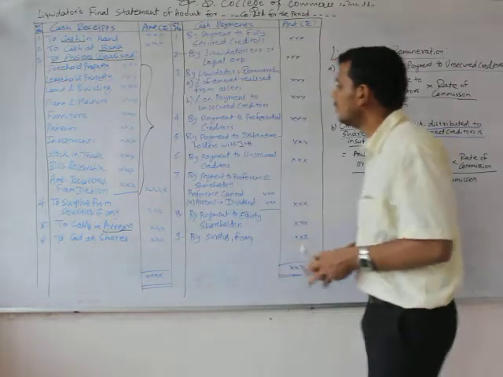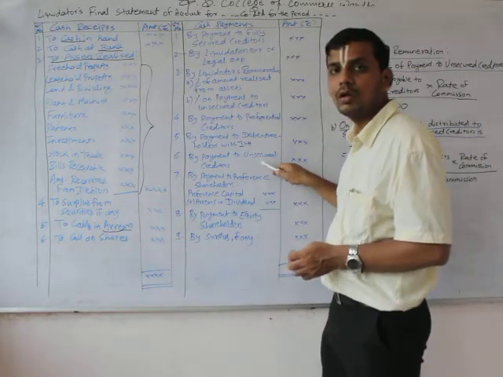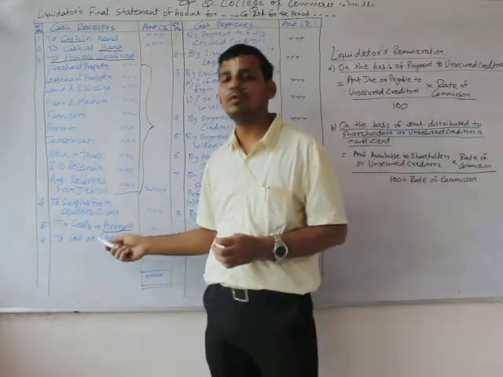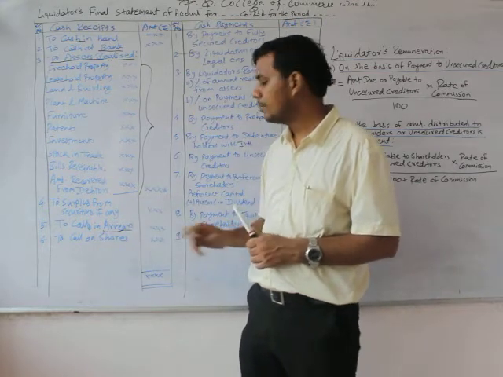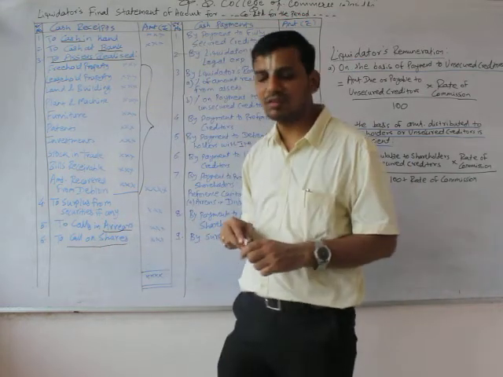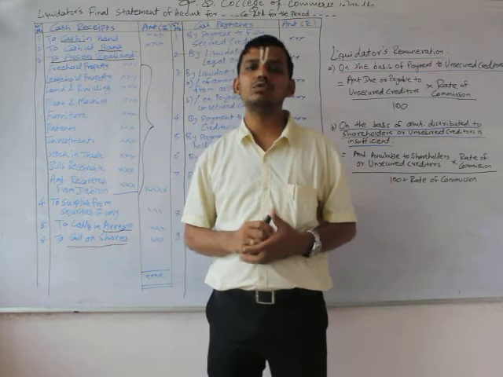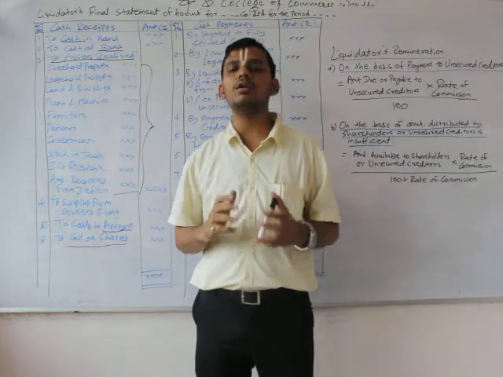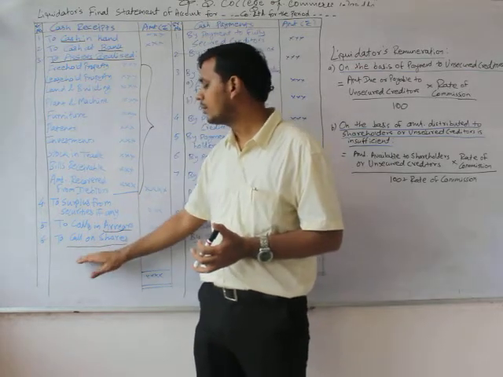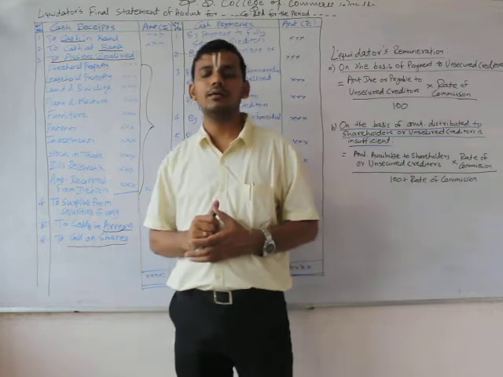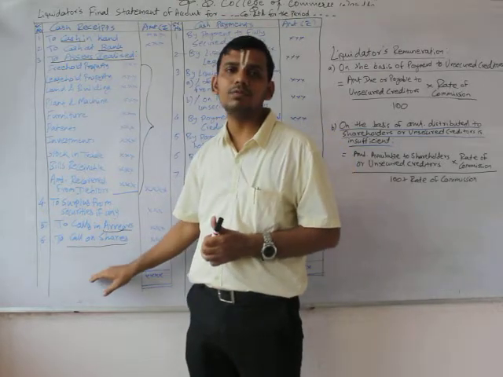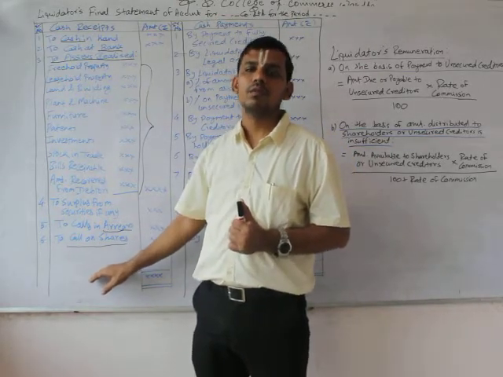Hence, if suppose creditors are not paid in full and there is a certain amount of calls in arrears with certain shareholders, it would be the duty of the liquidator to call that amount and make the payment to creditors. Then similarly, a call on the shares can be made. We have discussed it earlier. If there is partly paid up share capital of the company and creditors are not able to be fully paid, definitely the liquidator can make a call on shares and shareholders are to pay the amount. So these can be the possible receipts for the liquidator from the company.